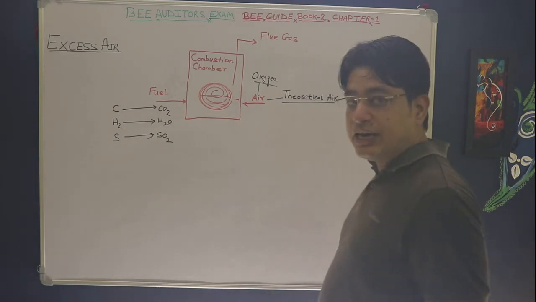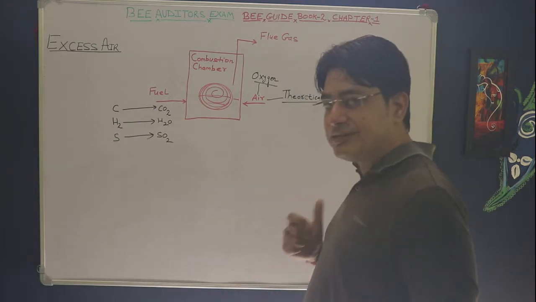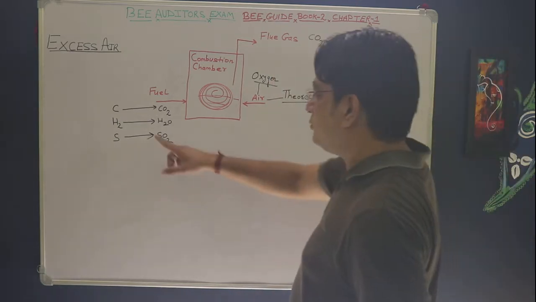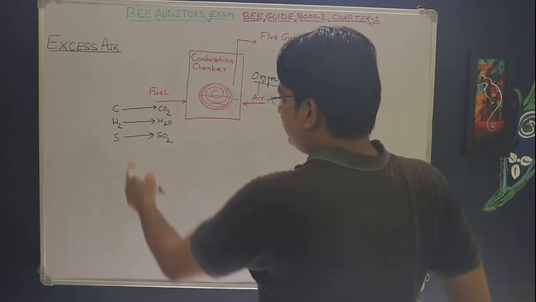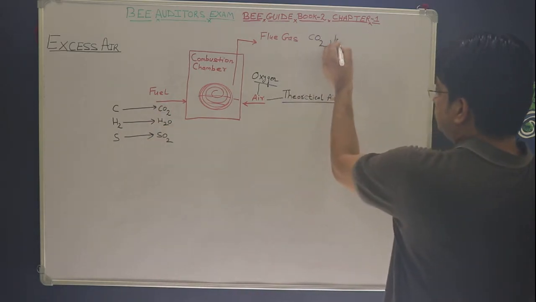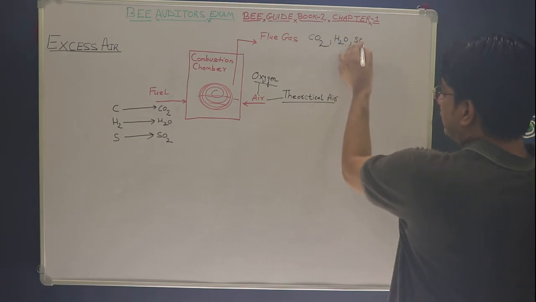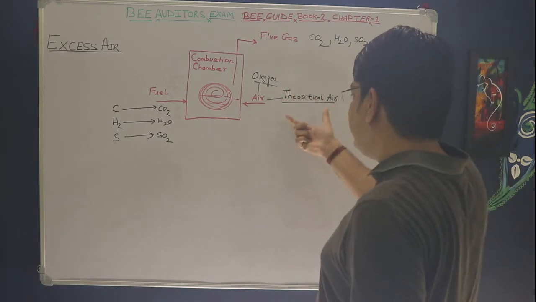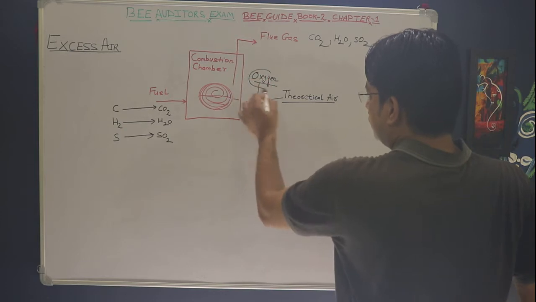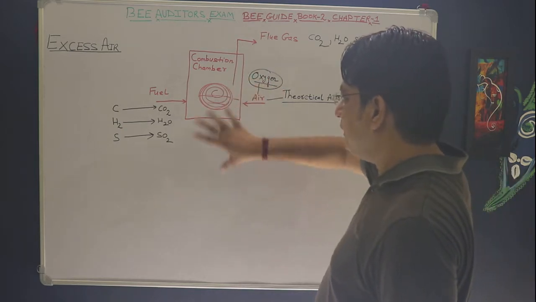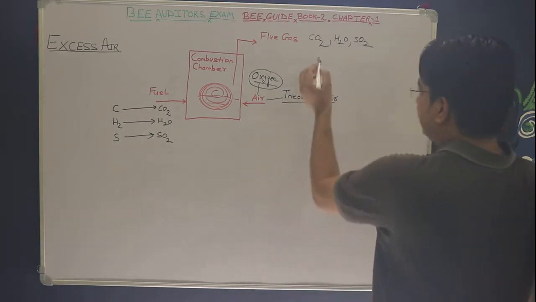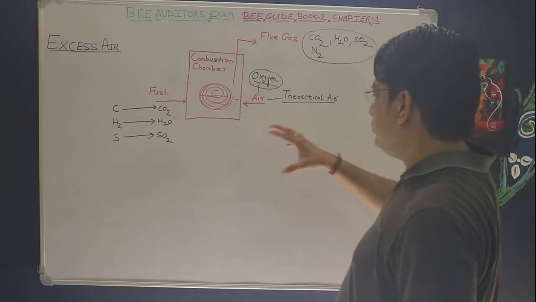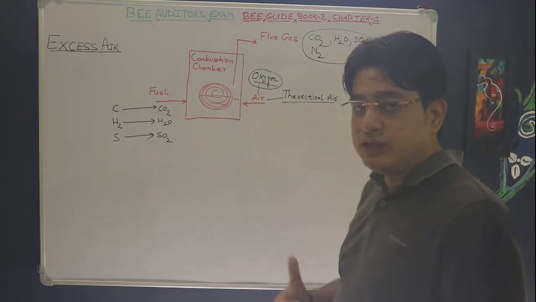Since the fuel has carbon and the combustion of this carbon results in the formation of CO2, you will have CO2 in your flue gas. Also similarly, since the fuel has hydrogen, this will result in the formation of H2O. Similarly SO2, and what is left? As you know, we have supplied the theoretical air for the combustion, and the oxygen of which will be consumed in the combustion. Then what will be left? Then only nitrogen will be left. So these are the four quantities which in this case you will find in your flue gas.